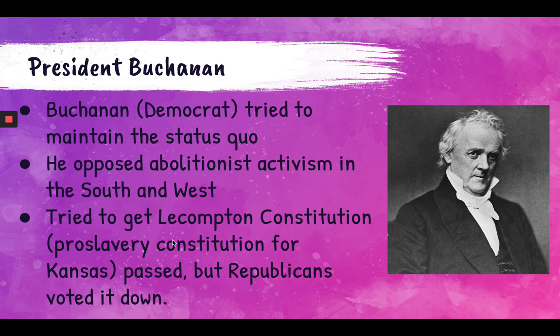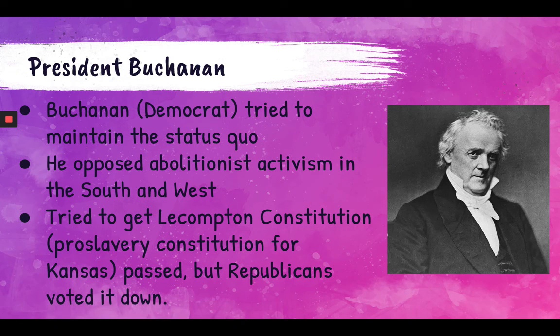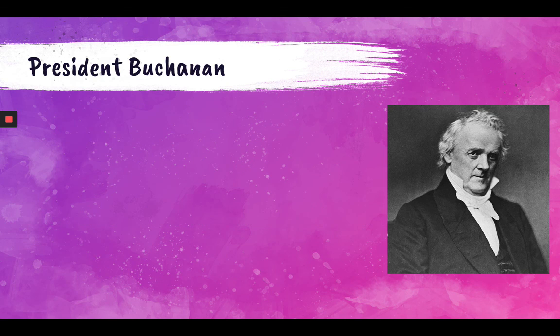And he tried to get the Lecompton, the pro-slavery constitution for Kansas, passed, but Republicans voted it down. So James Buchanan, the president, was for Kansas becoming a slave state, but most of the House, the Congress, was Republican, so it never passed, and Kansas became a free state. Now let me back up